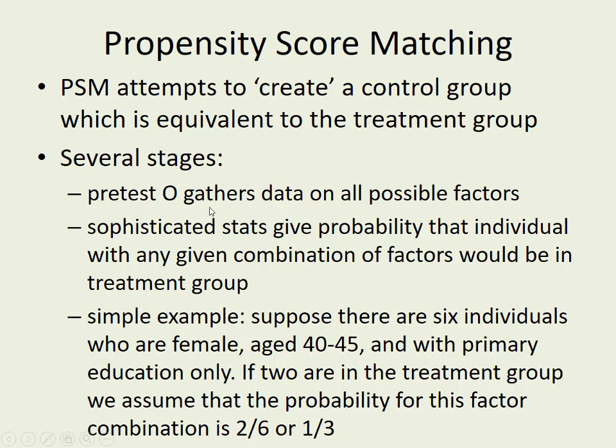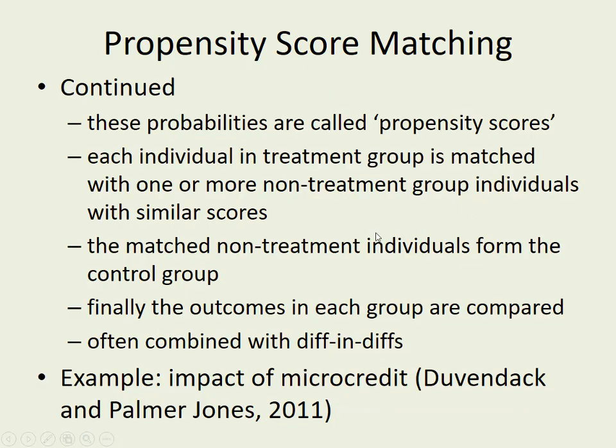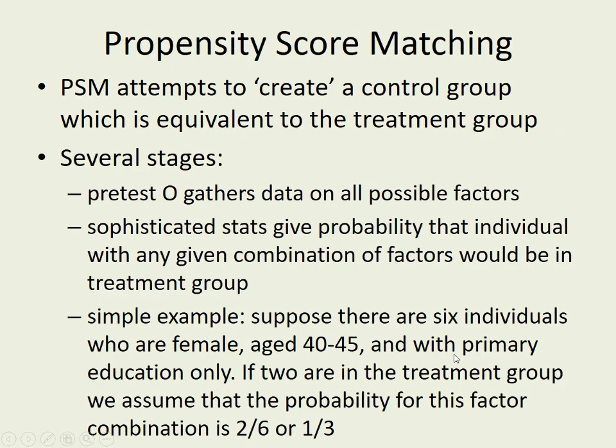And here you have to gather data on anything you think could be relevant. Anything you think should be relevant, you have to gather data on. And then you use some sophisticated statistics to give the probability that an individual with any combination of those factors would be in the treatment group. Because what you're measuring is